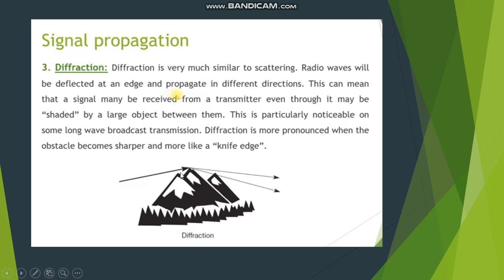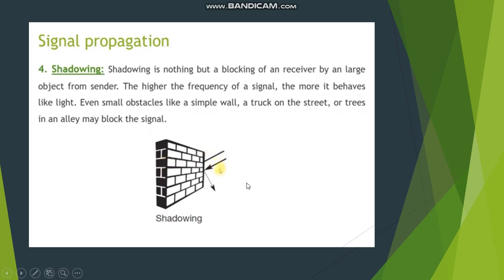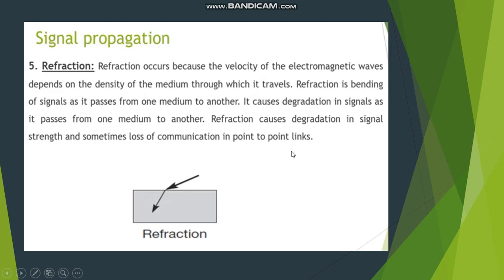For example, sharp edged mountains, जिसपे अगर signal आता है और वो edge से टकराता है, तो it gets divided into two. So because it is getting divided into two, इसका entire power, entire strength also gets divided into two. Next is shadowing. Shadowing is blocking the signal with the help of a heavier object, again because of which it reflects. टकराता है, वापस आता है, तो वो reflect हो जाता है, and the reflected signal is again weaker compared to the original signal. Next we saw is refraction.